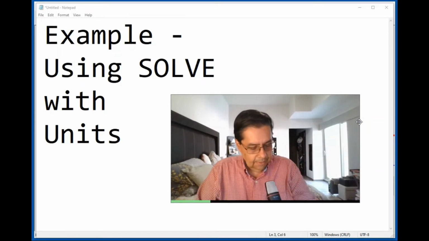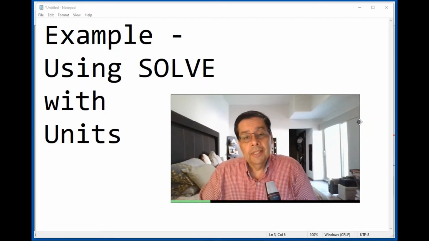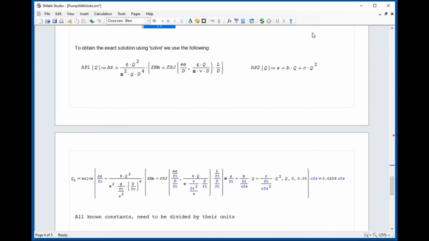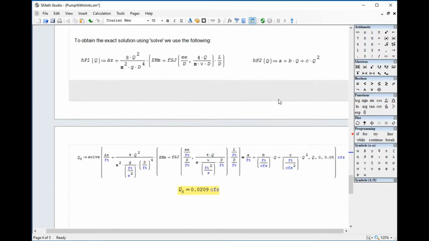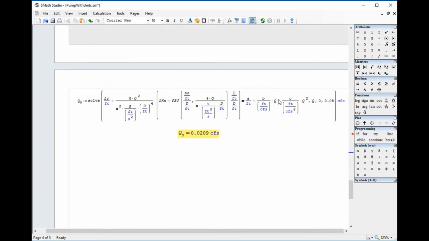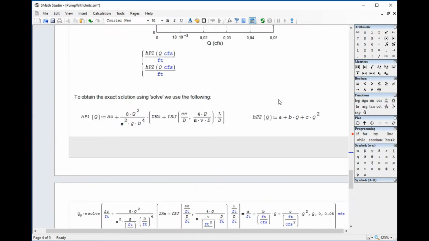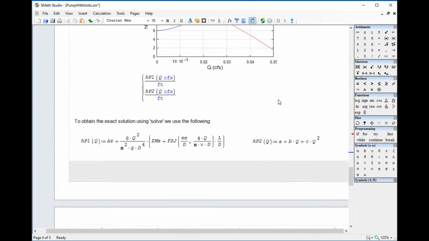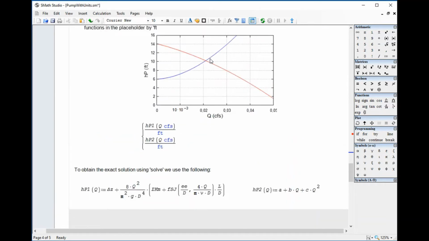To complete the solution presented in the previous video, in which we used the graphical solution, we're going to do the analytical solution, or numerical solution actually, using the SMath Studio function solve. In this case, we're going to start with the worksheet that we had for the previous example. So you have to be careful with the use of those in graphics. Now, remember that we said we can refine the grid and get the solution,